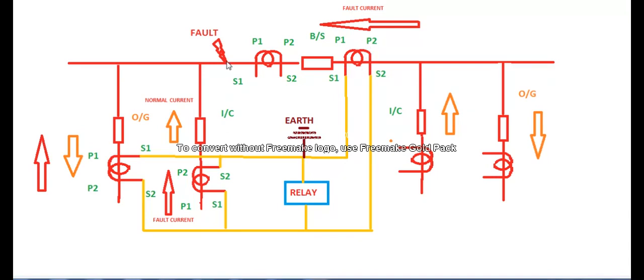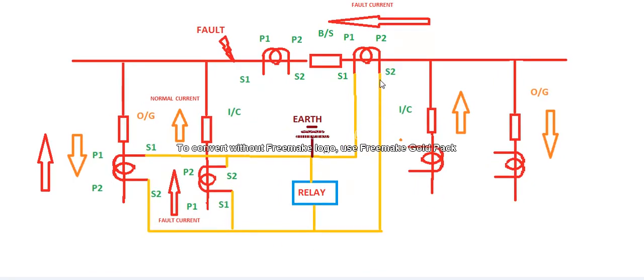Take the bus section as an example. If a fault happens in this feeder here, the direction of current flow in the incomer is P1 to P2, and the direction of current flow here is P2 to P1. So here it comes positive plus 1, and here also positive plus 1. And here also positive, since the current already flows through P1 to P2. So now we get fault current here, and the relay will operate.